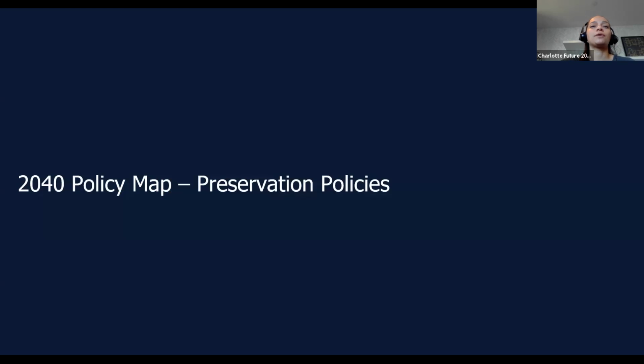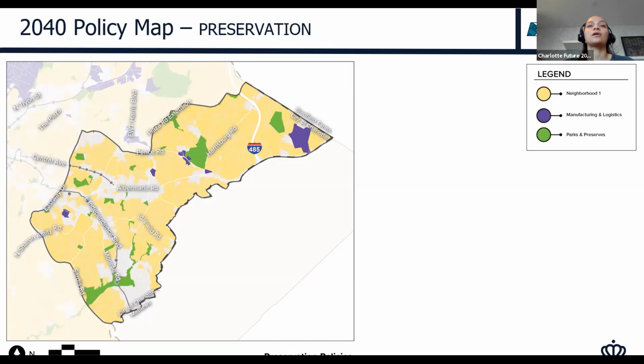So next we're going to cover the several different policies that were adopted in the 2040 comprehensive plan, which go into preservation policies and then the equitable growth framework. So for the preservation policies, think of these as policies that are intended to protect certain land uses, or excuse me, certain place types.